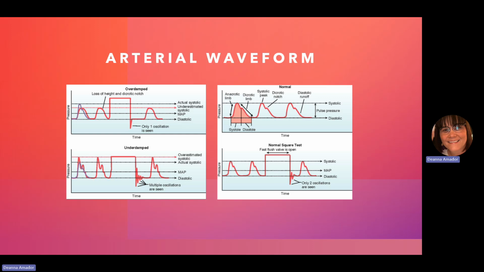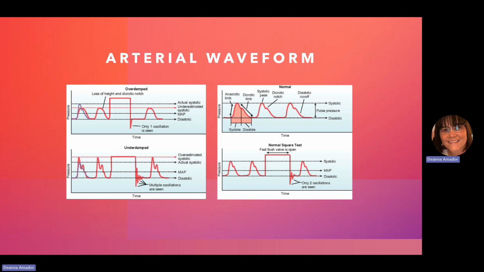The one right below it has a very pronounced dicrotic notch, and it's very pointed at the top. This is an underdampened or hyperdynamic waveform. This is inaccurate as well. So it's important as the nurse, if you're dealing with arterial waveforms, that you're able to recognize a normal waveform for your patient. If you had an overdampened waveform, which is up here,